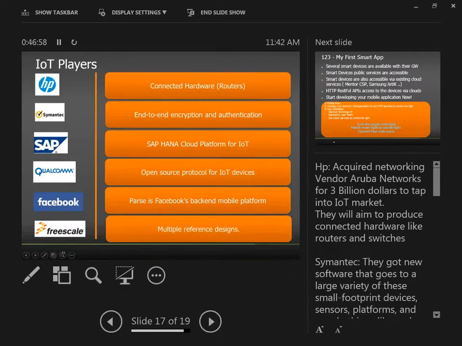And Freescale offers multiple reference designs based on i.MX6 SABRE for media and for networking gateways, and software from partners such as IBM and cloud services. So in a nutshell, as I indicated, I'm not listing all the players that are out there, but what I want to tell you is that a lot of the big players are diving into the IoT domain because it is expected that the next chunk of revenue in billions will be coming from that space.